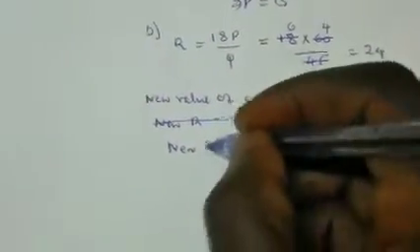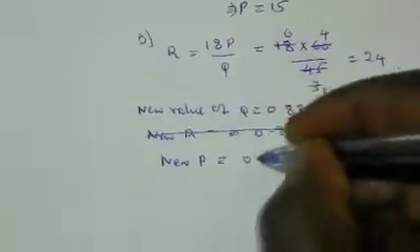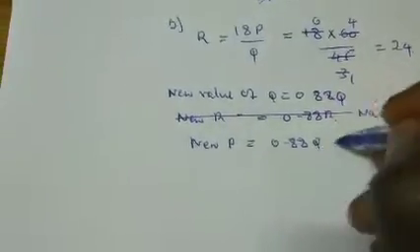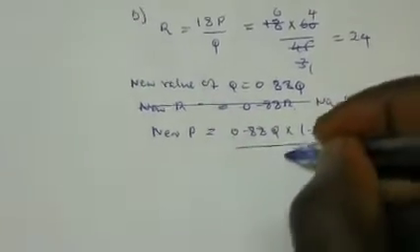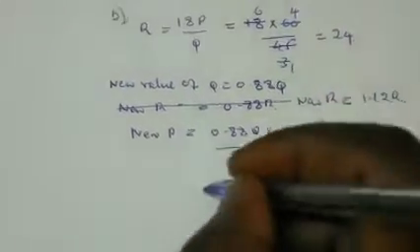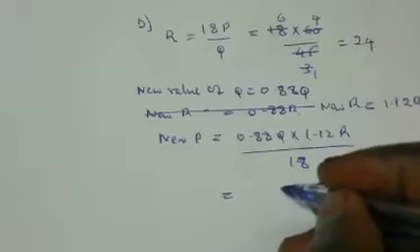So the new P will now be 0.88 Q times 1.12 R over 18,